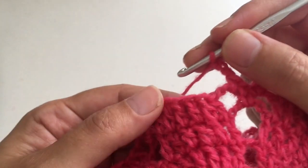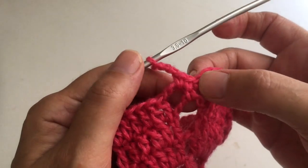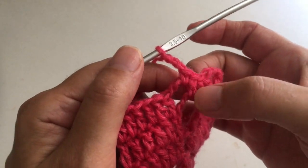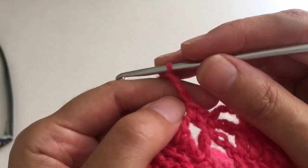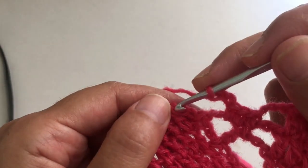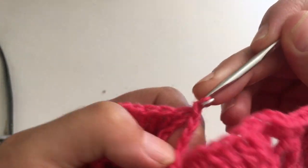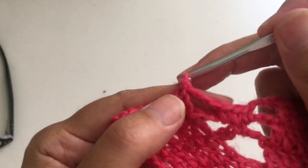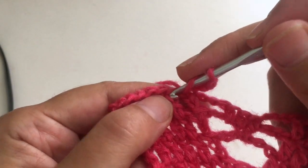We make 6 trebles on these 6, then single crochet here or double crochet in the first 3 chains, 1 on top of the other and 1 in here, and you continue all the row like that. The row is ready too. We finished with 3 chains. We go in the chains we did before, and we finish with a slip stitch. Again, we're going to start the next row. We're doing the same, 1, 2, and 3, a treble